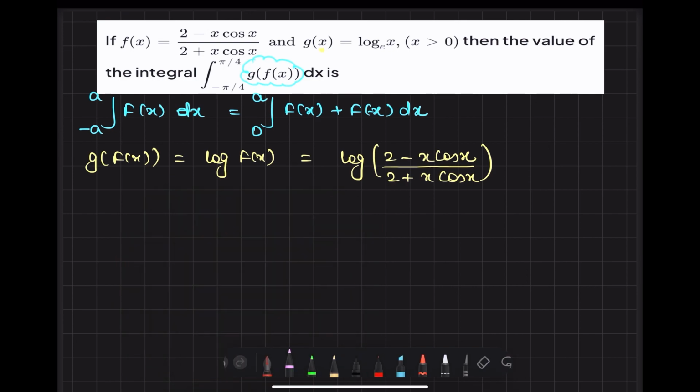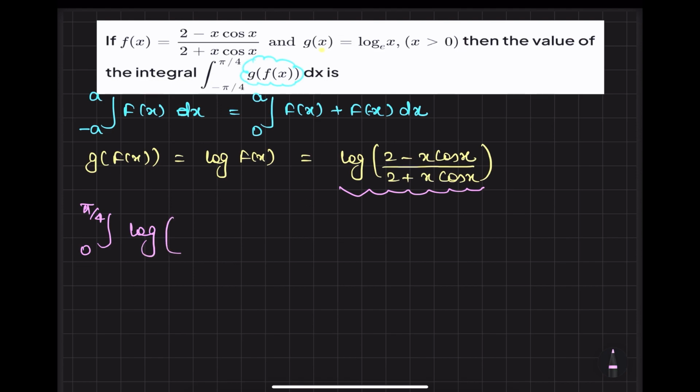Okay, now let's manipulate the question. We can write the question from 0 to pi by 4 and then g of f of x. Now your f of x is this, so we can write log of f of x, which is 2 minus x cos x upon 2 plus x cos x. Now you have to write f of minus x,